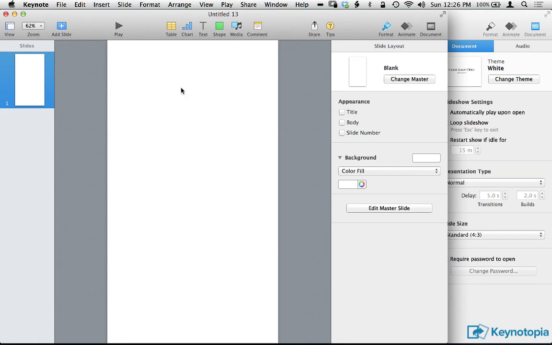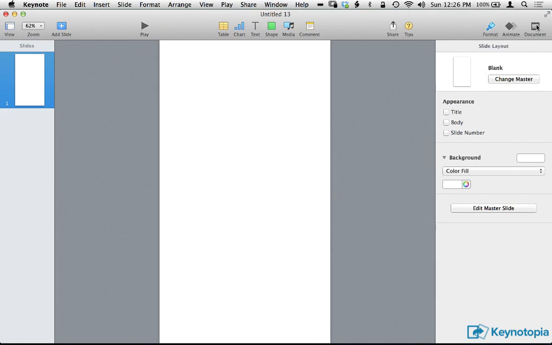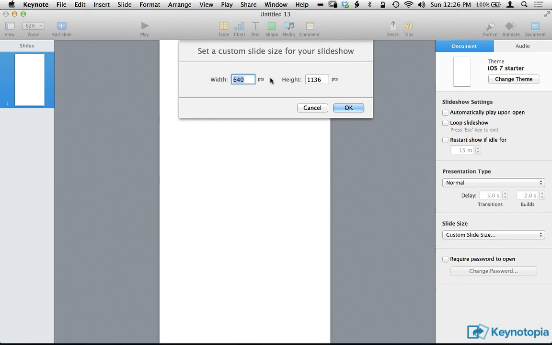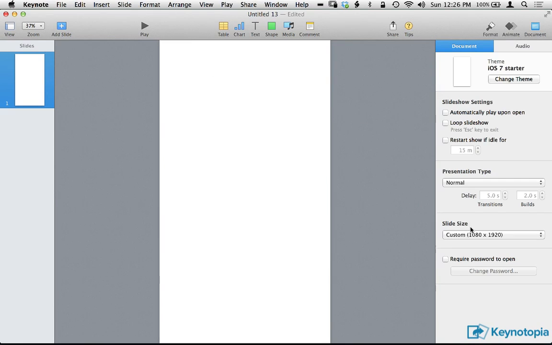And you can actually change the sizes of any presentation and any slide by going into Document and selecting the slide size and then creating custom slide size. So if I want this to be, for example, an iPhone 6 Plus size, I'm going to edit dimensions to be 1080 by 1920, and you can see how the size changes and I'm creating things for in